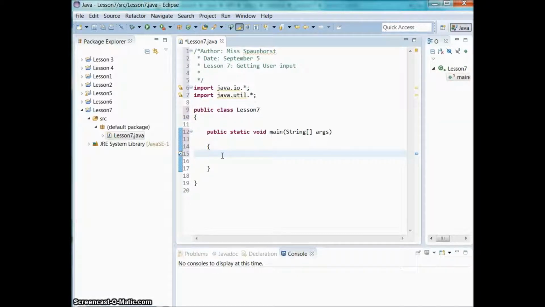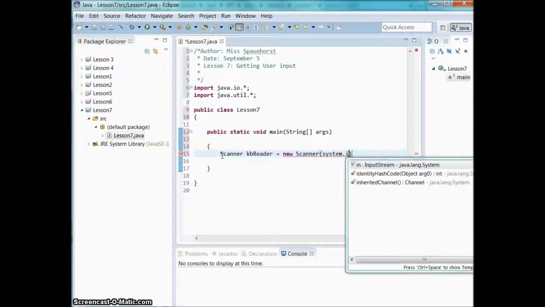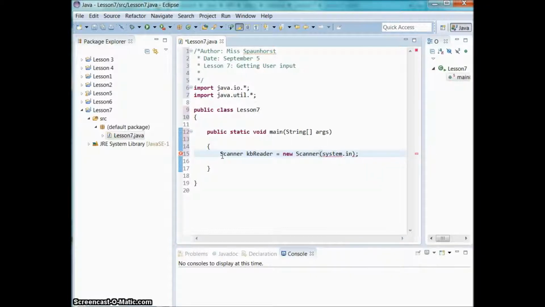So right now we are going to learn a new type, and that new type is called scanner. And then you can come up with a variable name. So I'm going to make my scanner dog. It can be any name. It could be keyboard reader. So if I did like KB reader, it's going to read whatever I put on the keyboard. So then whenever you are editing an object in a class, like we're doing right now, you'll put in new, and the name of the class again, which is scanner. Then it needs arguments. So we are going to system.in, and then close your